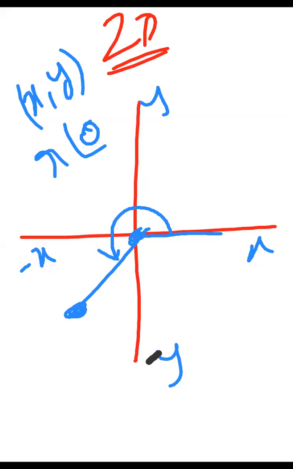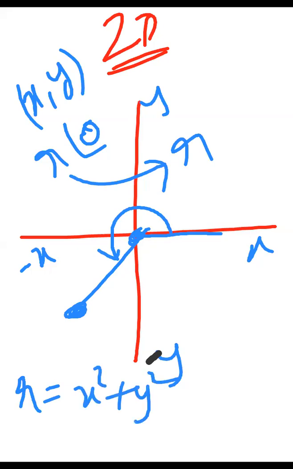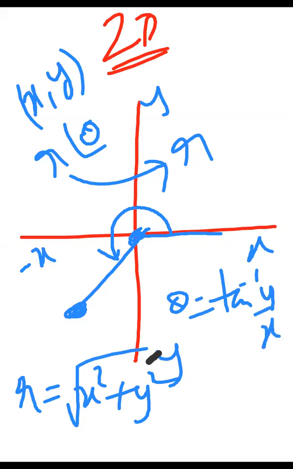Then again, what is the range of r? What I am telling is that instead of x comma y, I can use r comma theta. There is a relation between r and x, y. Using the Pythagoras theorem, r is the square root of x square plus y square. Theta is equal to tan inverse of y by x, but you have to be a little careful about which quadrant you are in. Depending on that, you will get some extra 90 degrees or 180 degrees. Generally theta is equal to tan inverse y by x, but you will get some extra angle. Once a problem comes, I will discuss that.